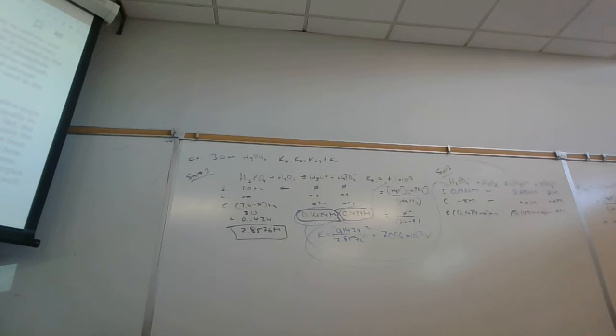And so this is going to be 0.1424 plus X times X divided by 0.1424 minus X. And so automatically I just do the simplifying assumption because it's so easy. And so what I'm going to get is on the top, plus X